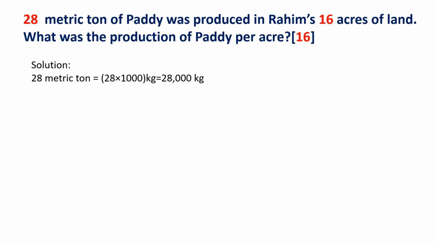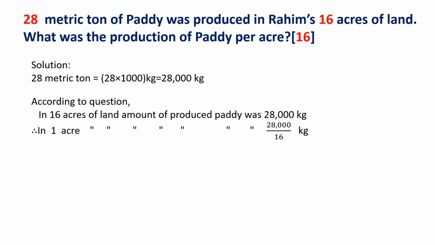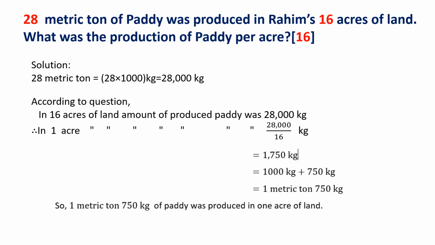So this one is very simple. As you can see, 28 metric ton equals 28 times 1000, equal to 28,000 kg, and 1 metric ton is 1000 kg. I have discussed this in my previous lecture. So according to the question, in 16 acres of land, the amount of produced paddy was 28,000 kg. So what for 1 acre? So in 1 acre of land, the amount of produced paddy was 28,000 over 16 kg, and it is actually 1750